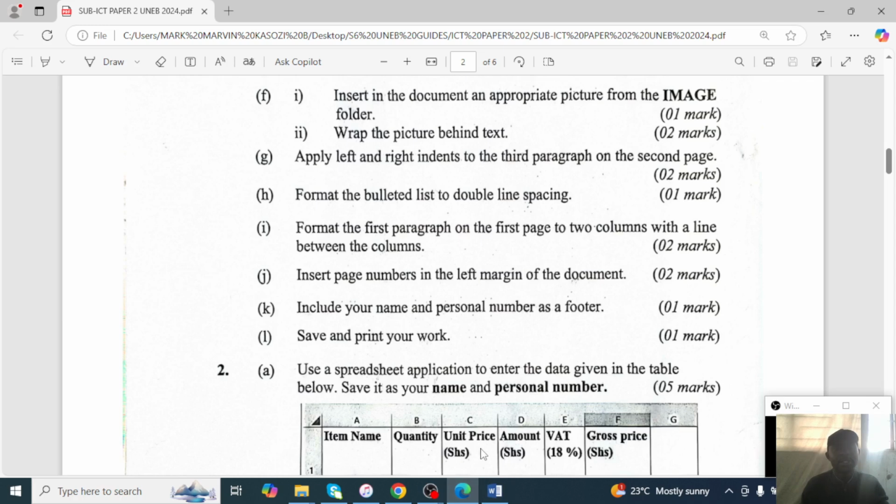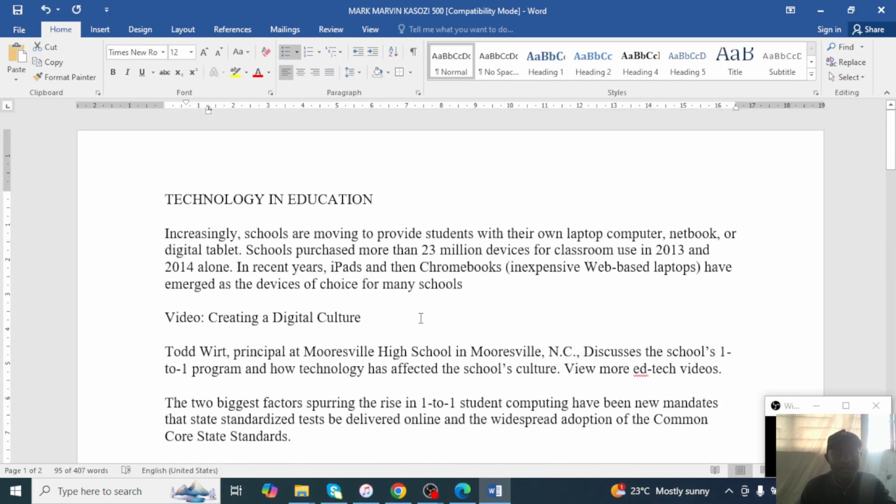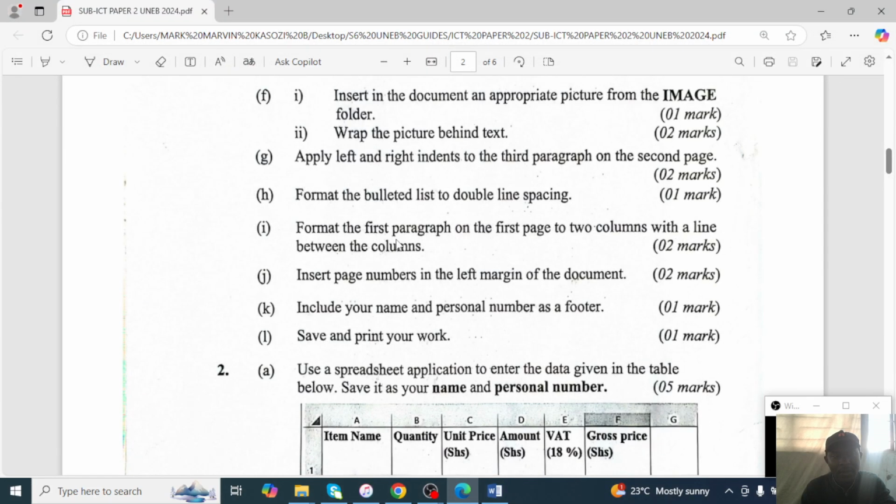Next, with word processor, format the first paragraph of the first page to 2 columns with a line in between the columns. This is it. Highlight it. This is the first paragraph on the first page, and they want it to have 2 columns with a line